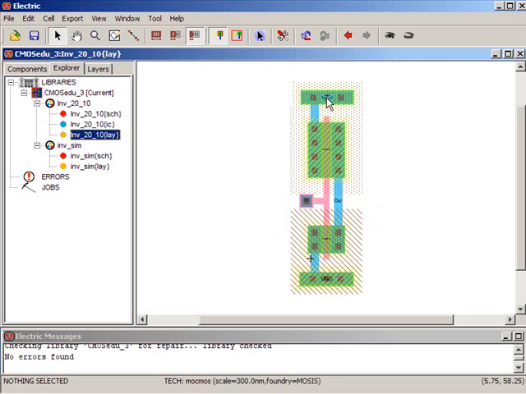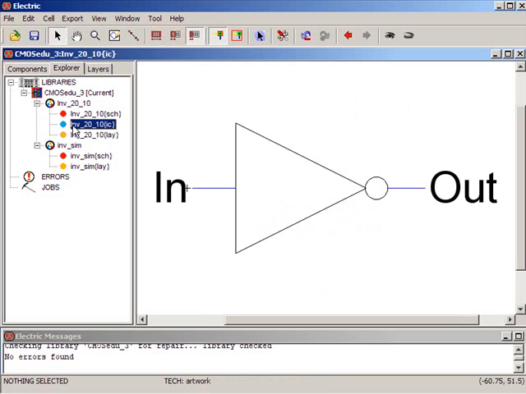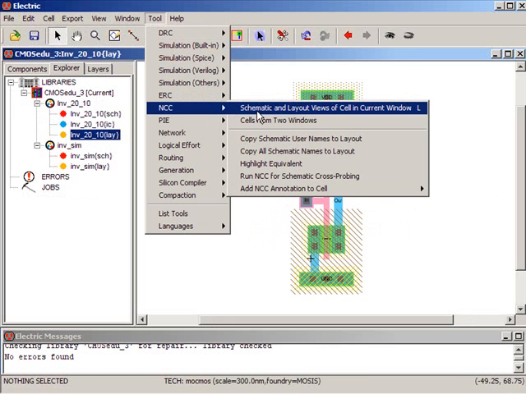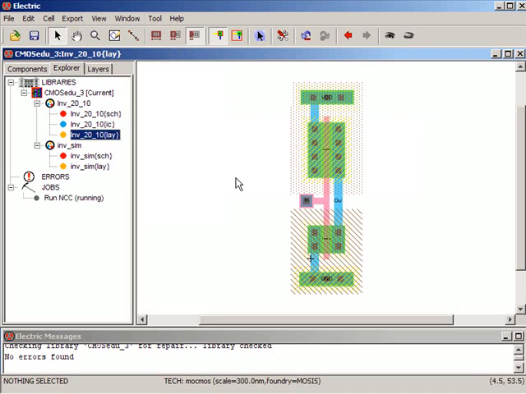Here we have 4 exports. We exported VDD, in, out, and ground. Then here's our icon we made for the inverter. Alright, so if we go back over here and we do an LVS, or we do a layout views and compare schematic and layout views of the current cell, we see that